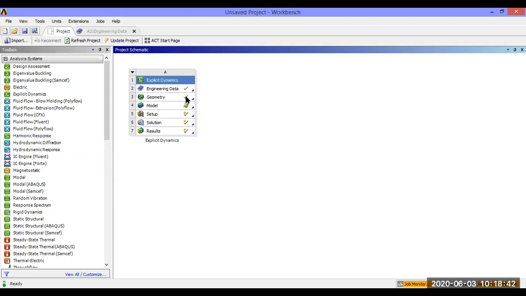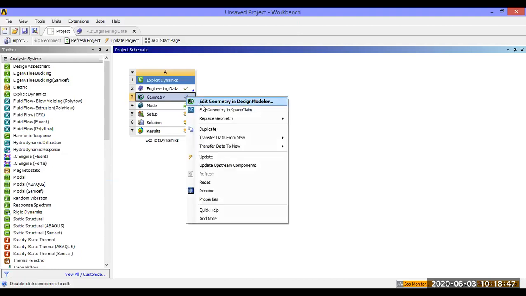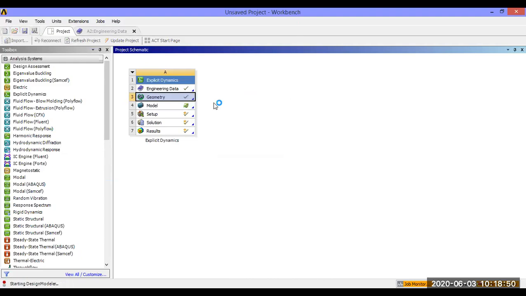Now click the geometry, Design Modeler. Now it's open. Suppose I delete this here. Now go to File, Import External Geometry, select Part1.x_t and click Open.